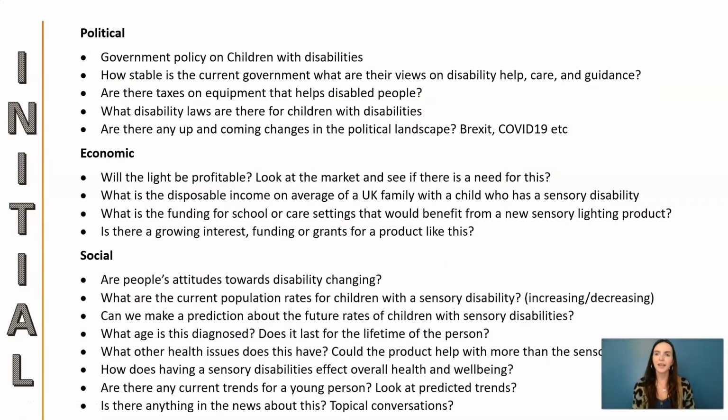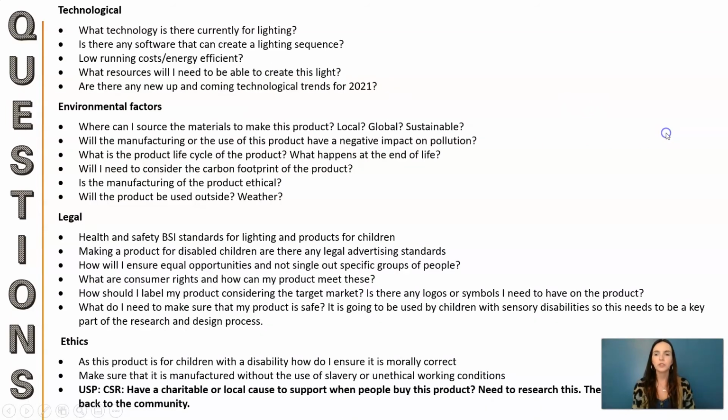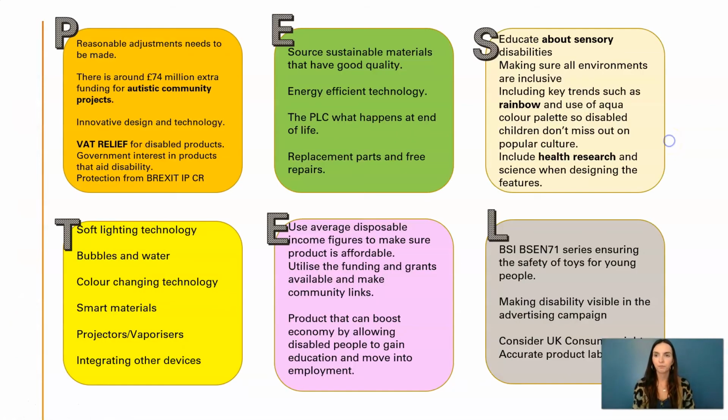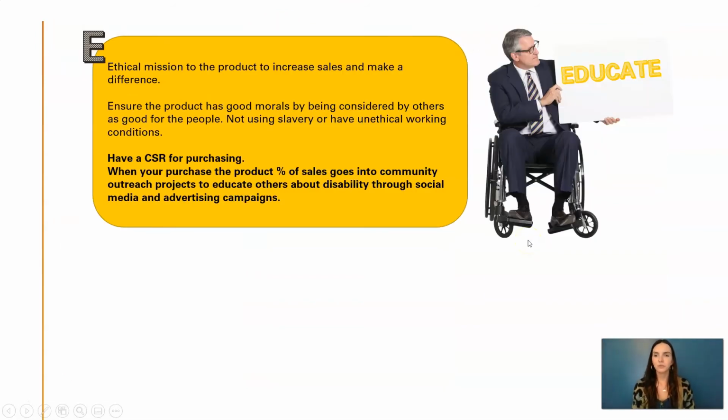Okay, so now you have seen how I started my PESTELE analysis and how I got the answers for them. I've put the questions into this PowerPoint so you can see the different questions that I've come up with for political, economical, social, technological, environmental, legal and ethics. So these are now all areas that I can start my secondary research from. From doing all of my secondary research, as you've seen, I can then synthesize this research into the key areas from that research. So I've got my political, I've got my environmental, my social, technological, economical, legal, and ethical factors